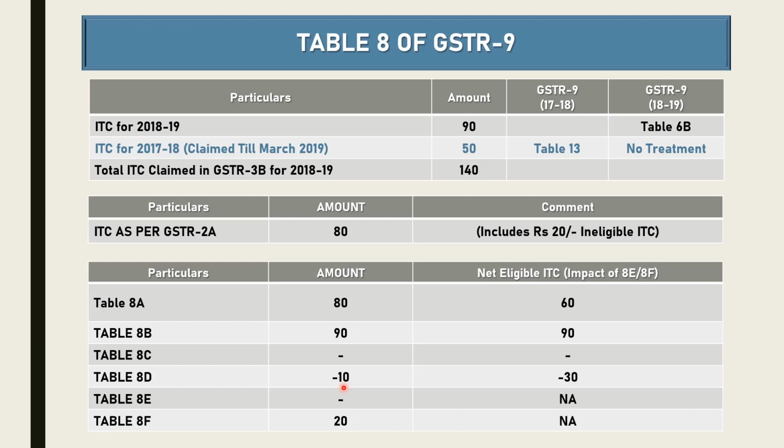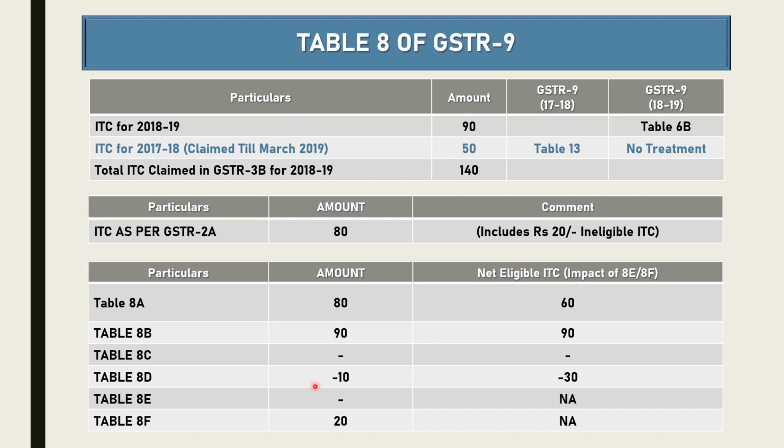This would be an incorrect reporting, since I am hiding the fact that out of this 80 rupees there is an ineligible ITC of 20 rupees, and I am only reflecting a difference of 10 rupees against a difference of 30 rupees if I am not reporting this 20 rupees in table 8F. So if I report 20 rupees in table 8F, my officer would know that this is a 30 rupees excess ITC claimed. If I am not reporting 20 rupees, my officer would be knowing that there is only a difference of 10 rupees in eligible ITC claimed in GSTR 3B vis-a-vis ITC auto-populated in 2A,